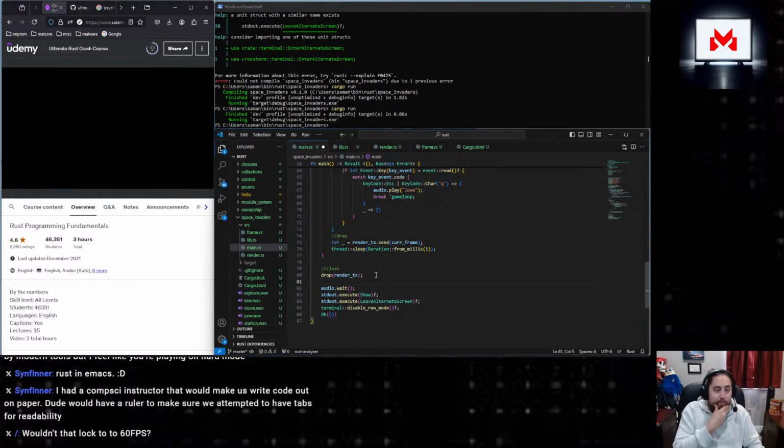And then once the transmitting side of the channel has been closed by dropping it, the receiving channel will error and it will exit out of that loop that we made. So we know it's safe to now call render handle join, and it won't wait forever because we know that render loop is going to shut down. So now we've done this nice clean